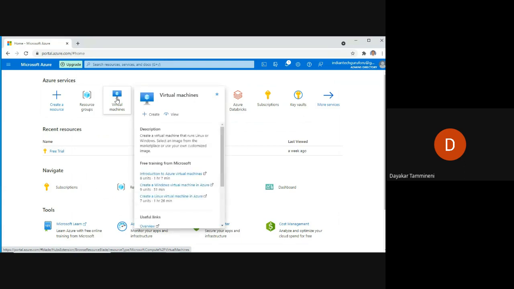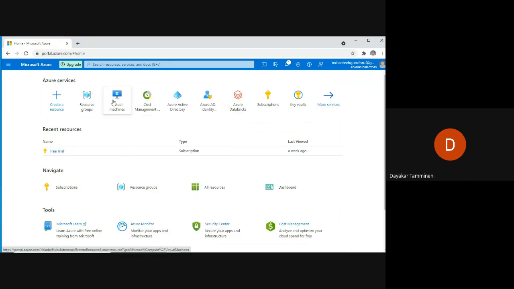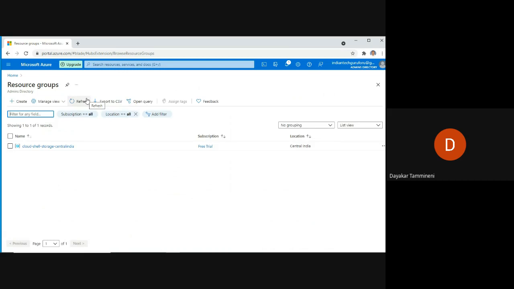So initially, let me check whether there are any virtual machines or resource groups available or not. There is only one resource group, Cloud Shell Storage, Central India. When did we create this particular resource group? Do you remember?